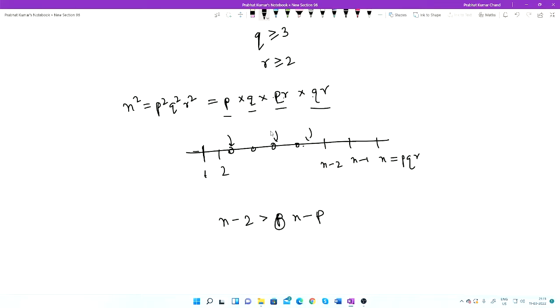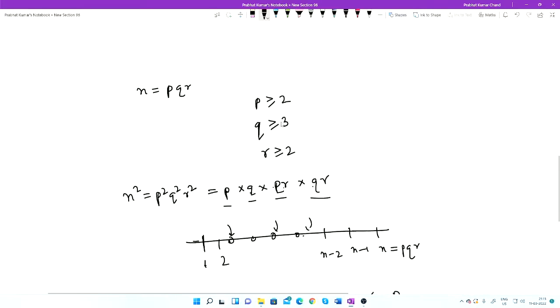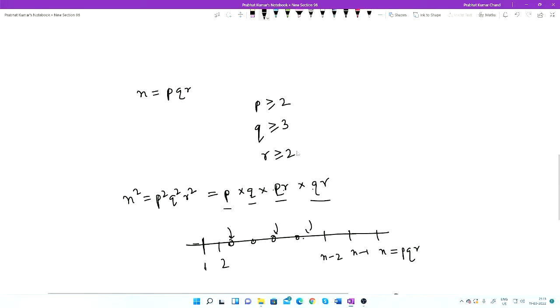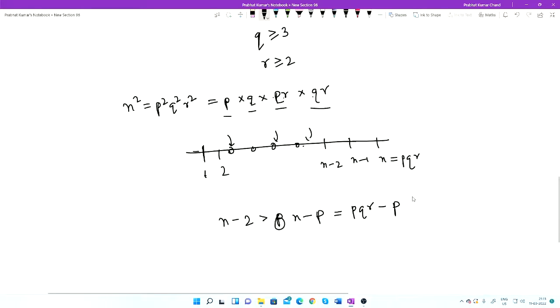So what we can do is substitute n with this form pqr, which gives n minus p. Now you see, what is the minimum value of this possible? Because p, q is 3 and r is 2, so q and r can have a minimum value of 3 into 2, which is 6, right? So this can be greater than or equal to 6p minus p, because we have put